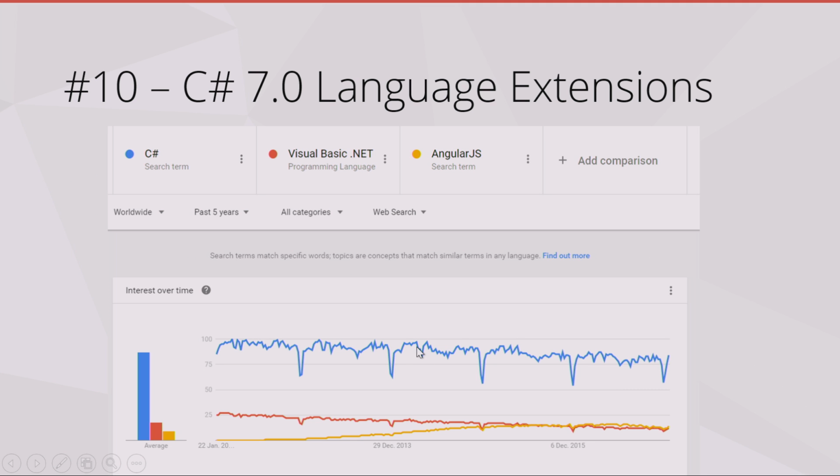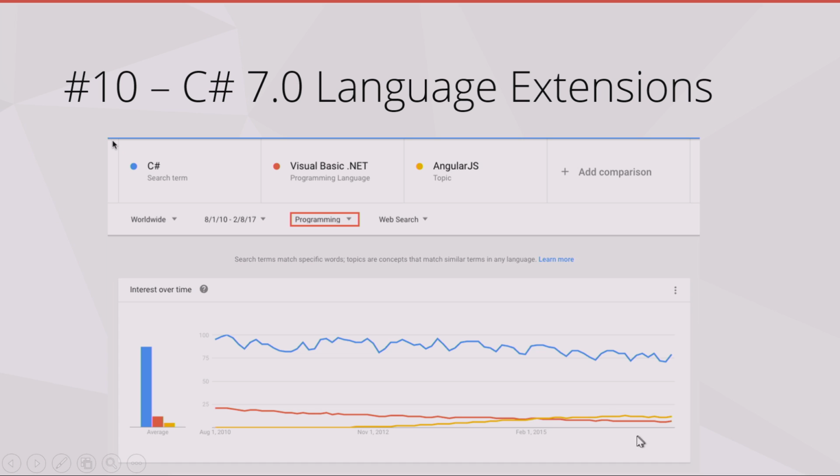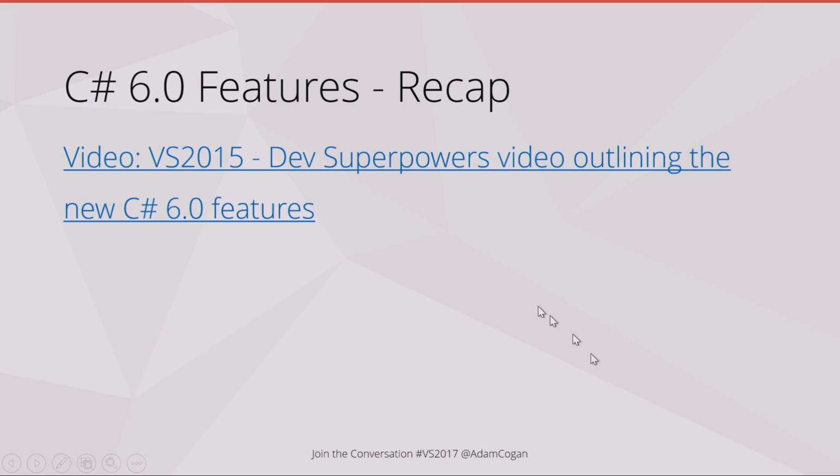So the last bits. Let's just do the last stretch as quickly as we can. C# language extensions. I always find this interesting. You see C#, like all the conversations I have with Angular and React and VB, look at they have just overtaken VB at this point. Now obviously don't forget you're meant to change that to programming. And here, look, they're so far away from C#, like it's such a monster. Anyway,